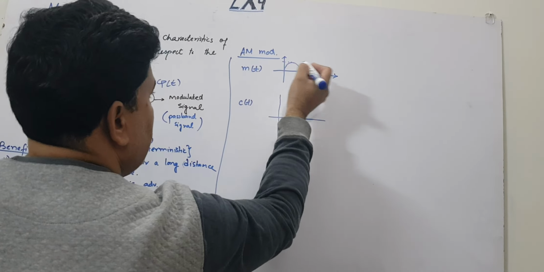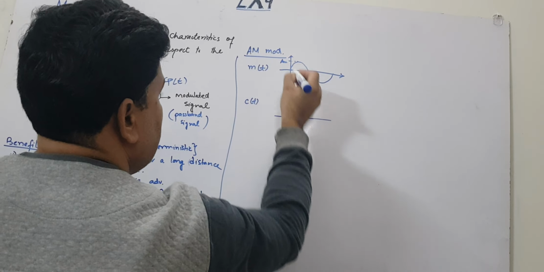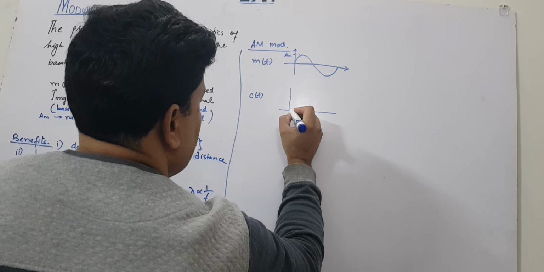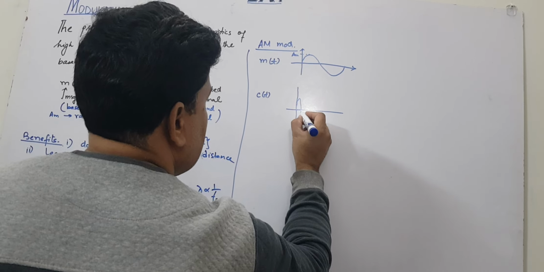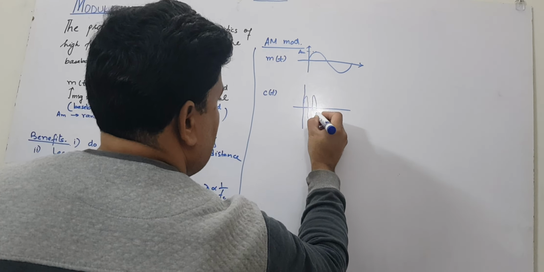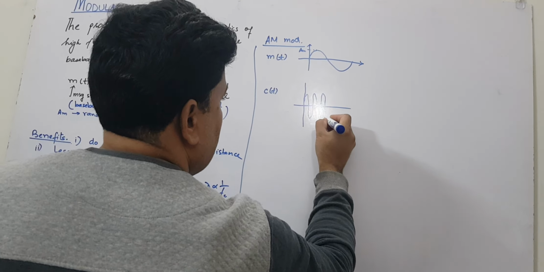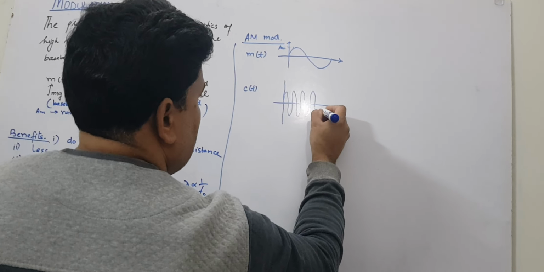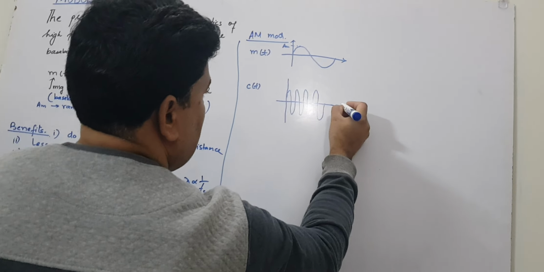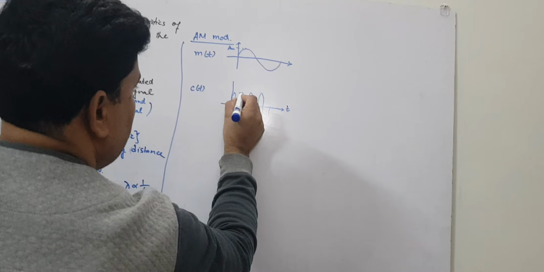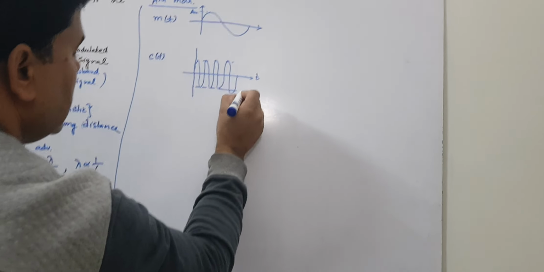The amplitude of the message signal is Am, and the amplitude of the carrier signal is Ac. So the amplitude, you can see that the